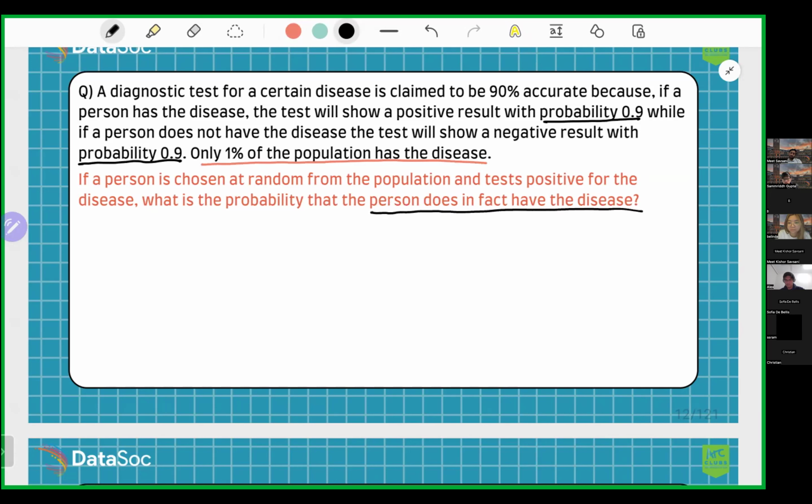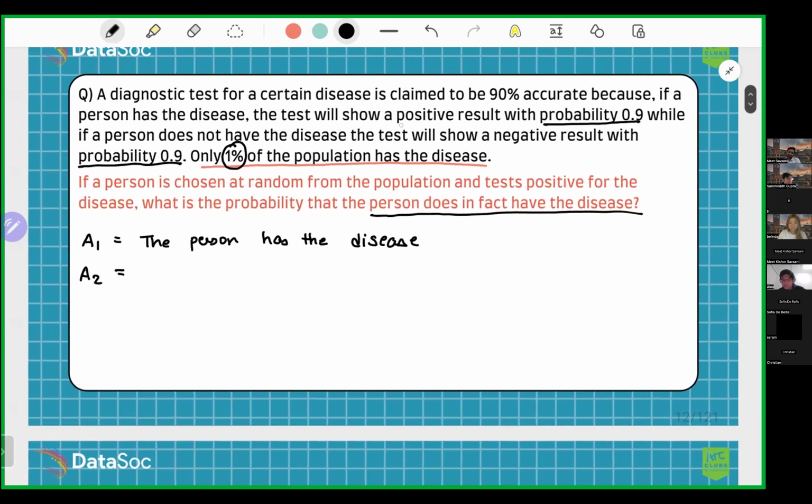This may sound complicated, but let's simplify and start with defining our events. Whenever you want to define events, read the question and try to figure out what probability you know. In this question, we know that only 1% has the disease. So my first event would be that the person has the disease. And my second event would be